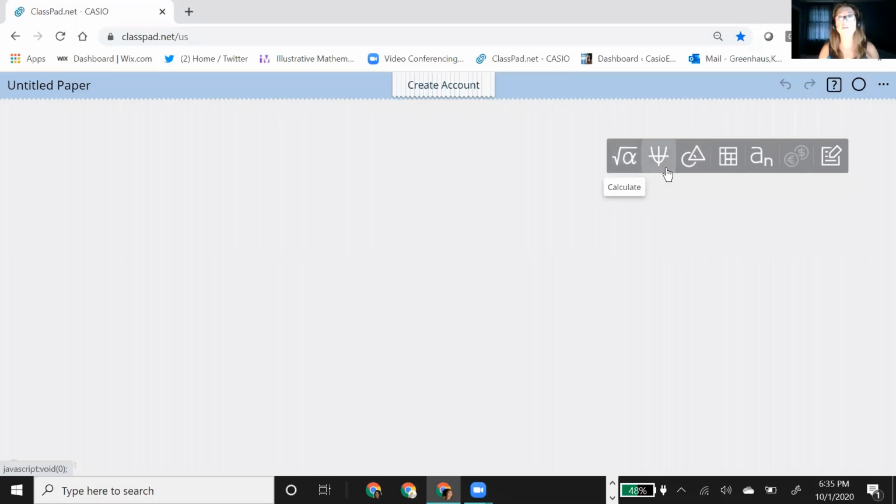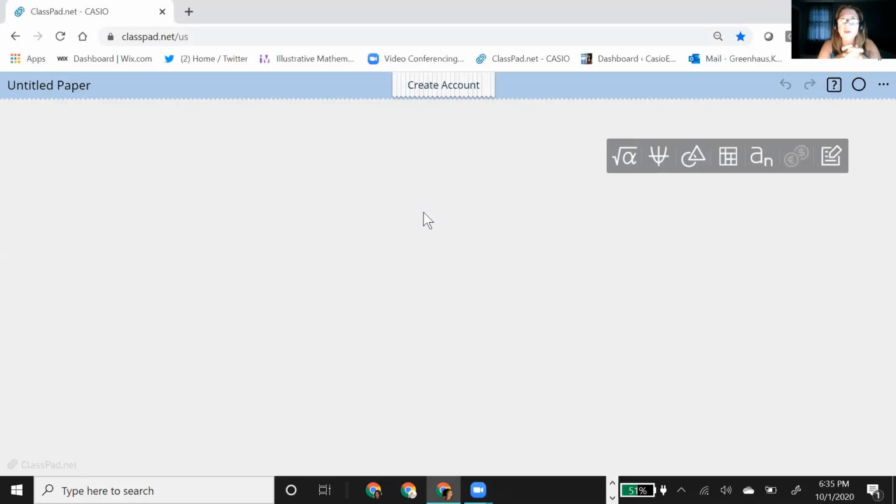Those of you new, these are all the things you can do with ClassPad. You can do calculate, graphing, geometry, statistics, and sequences. When you have an account, you can do financial templates and text. We're going to be working with how to use variables and dynamic sliders to really make students see and understand what's happening to the mathematics content.